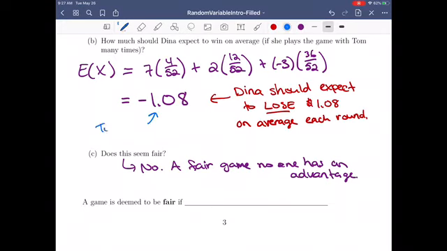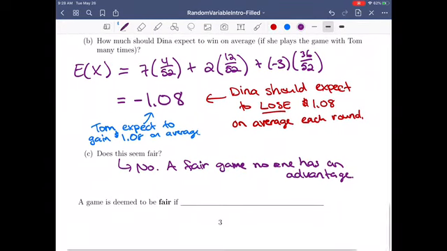Another way to interpret this is Tom expects to gain $1.08 on average. If Dina's losing, that means Tom is gaining. The way we define a game to be fair is that it's a game where the expected value of your random variable, so